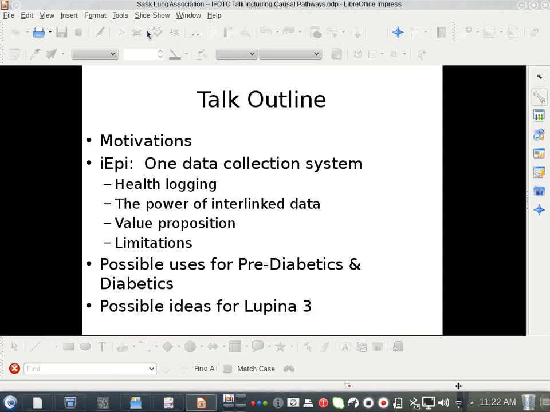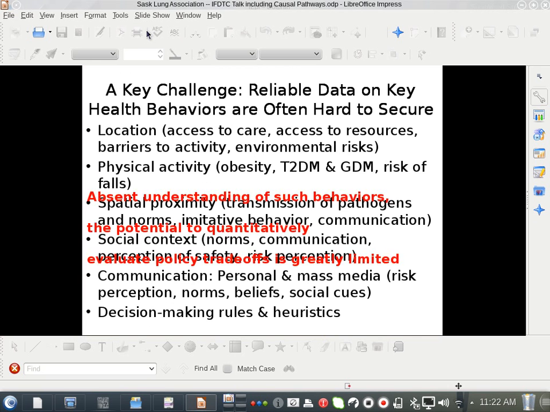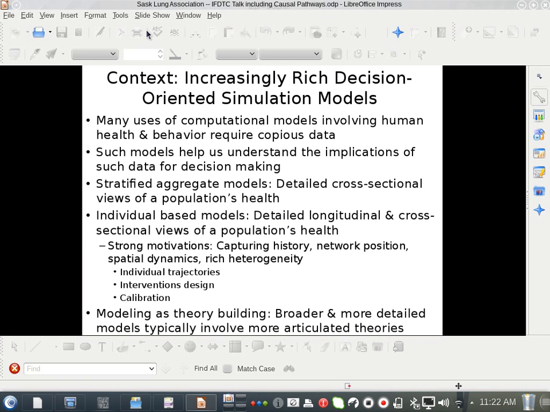So today I'm going to be talking a little bit about how we've used one of our systems to shed light on aspects of human behavior that are relevant to these models. And this is in the context of these complex health challenges of which I've spoken. The challenge here is that we're increasingly using rich decision-oriented simulation models, models that involve positing aspects of the causal structure of a system. Perhaps we're interested in understanding the impacts of regulating e-cigarettes, and in knowing what are the most effective regulatory schemes for e-cigarettes.